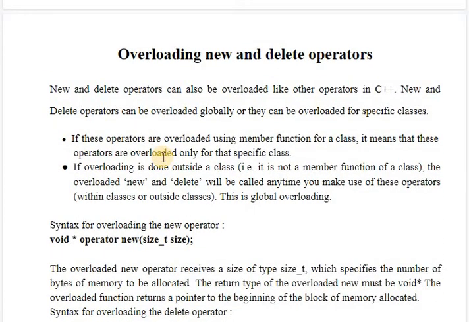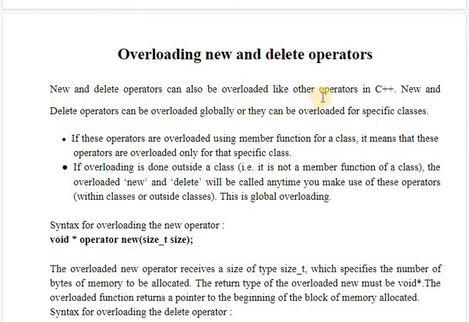And here comes the very important topic, overloading the new and delete operators. We all know that new and delete operators are used to dynamically allocate memory, and dynamic memory allocation is always done from the heap section of the memory. Now we will see how we are going to write the operator function for the new and delete operators. The new operator creates memory for a specific type in the memory block, and the delete operator deletes that data type from the memory, or deletes that block of memory for whatever size we have allocated using new.